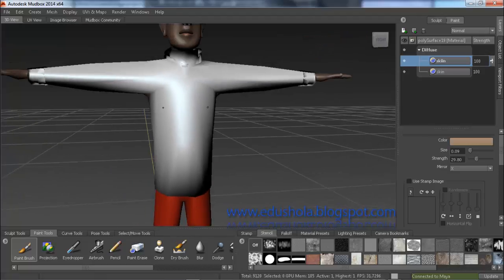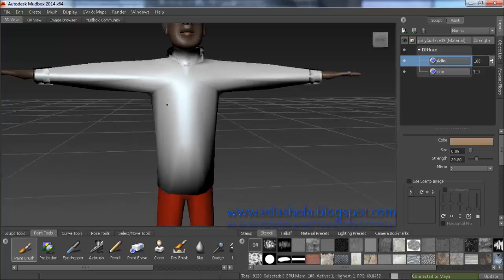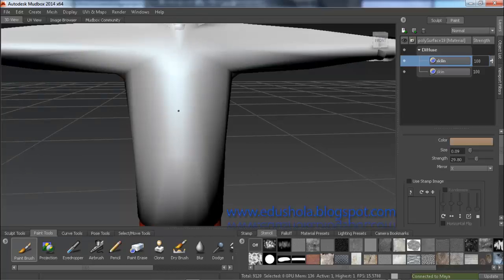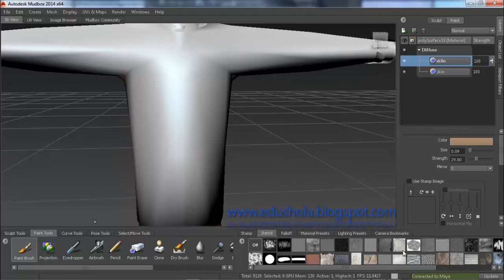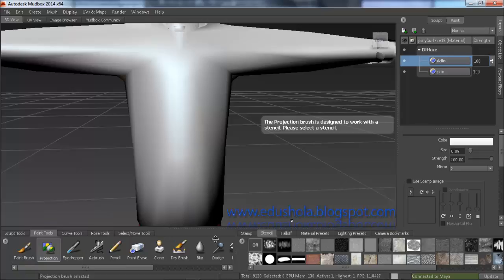So this is the shirt. We said it's going to be white, but I want to use this opportunity to teach you how to use stencils. What stencils does is you can actually take a picture and print it on your model or your mesh. Let me put it that way. So for a stencil to work, you need to switch on your projection brush. You can see if you put your cursor on it, it brings out a tooltip, then you can read more about it. So I'll select this projection brush, and